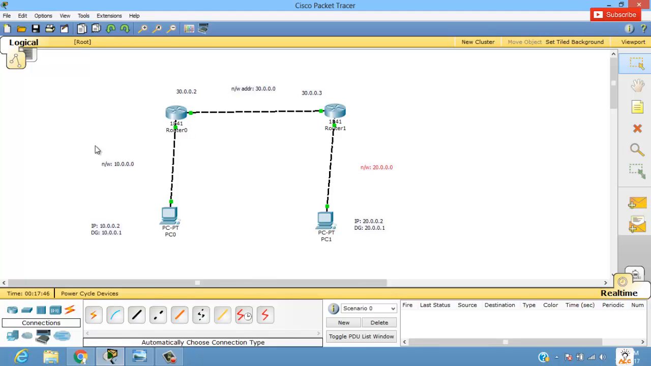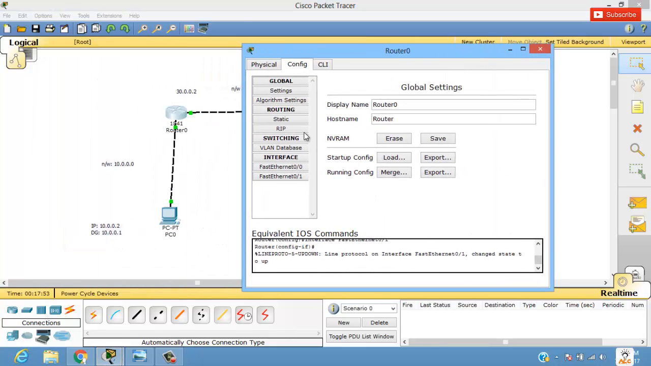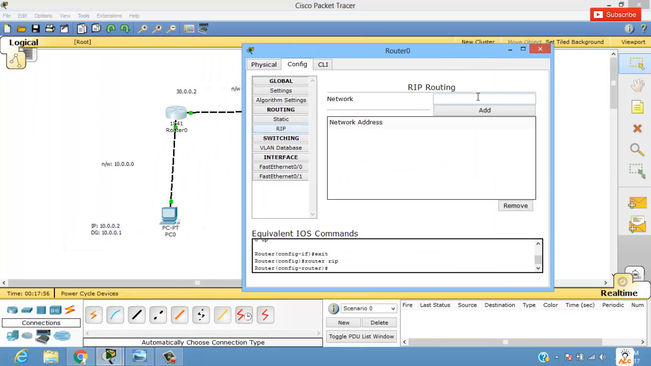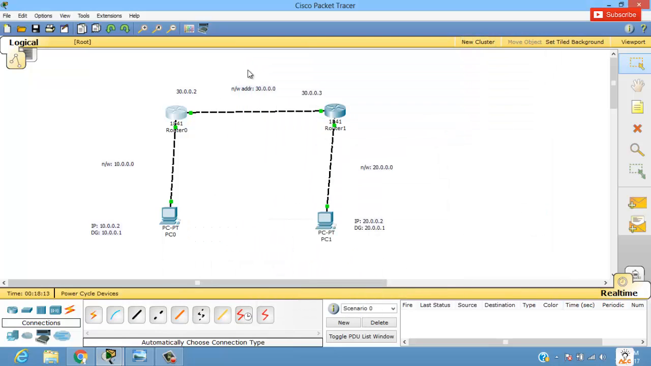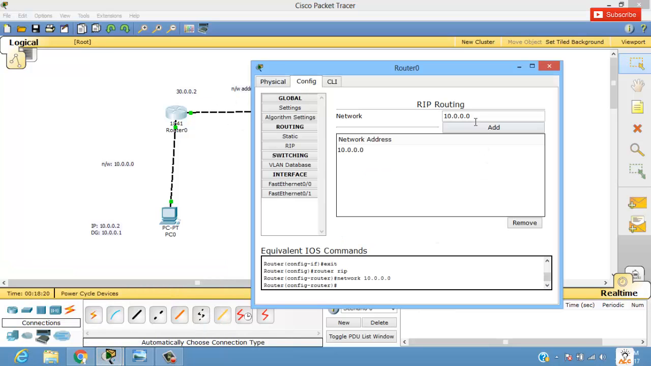this router knows this network address and this particular network address. So in RIP we have to simply go into config RIP, and in RIP routing network we have to add the network addresses which this router knows. It knows about this network address which is of 10's network, 10.0.0.0, we'll say add, and second it knows of this particular network, which is of 30's network. It is connected to this, so it knows this network address which is of 30's network. So we will say again add